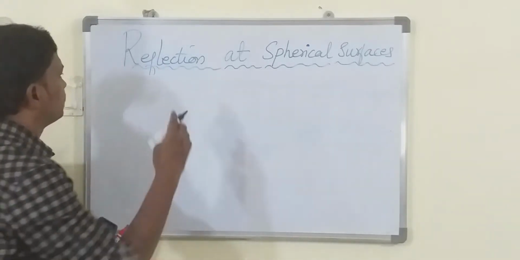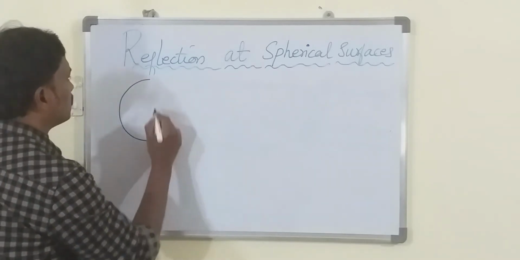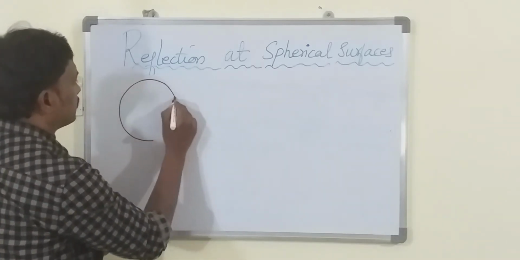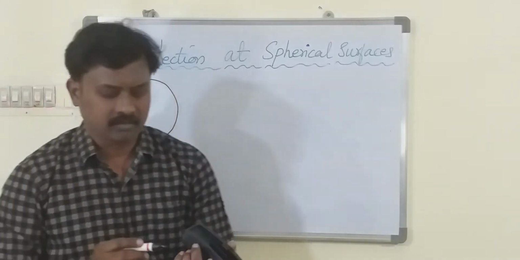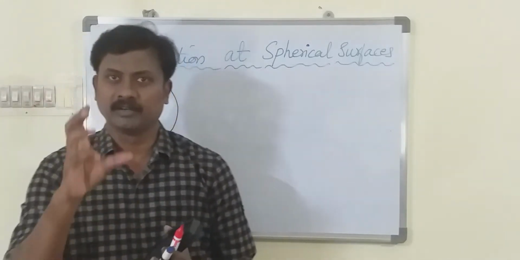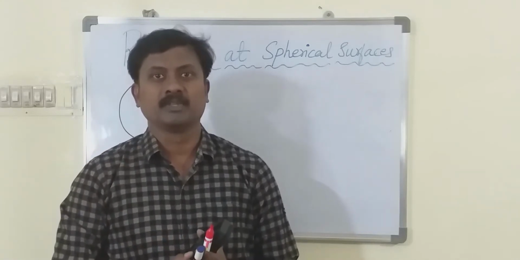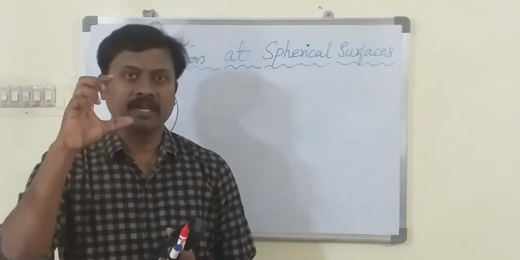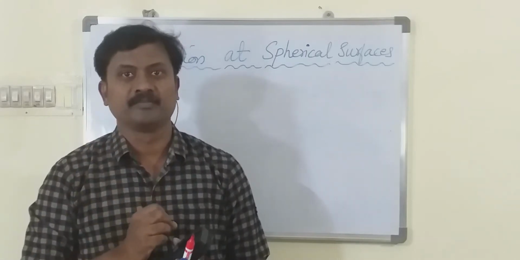Let us consider a hollow glass sphere. We know what is a sphere. Everybody, you might have played cricket and the rubber ball. The rubber ball is the shape of a hollow sphere, and we call it hollow because inside it is totally empty. It is not compact. It is not filled with any matter, right?